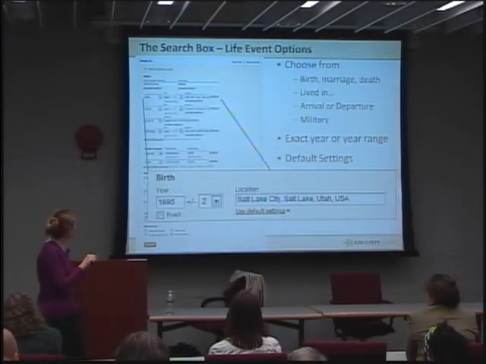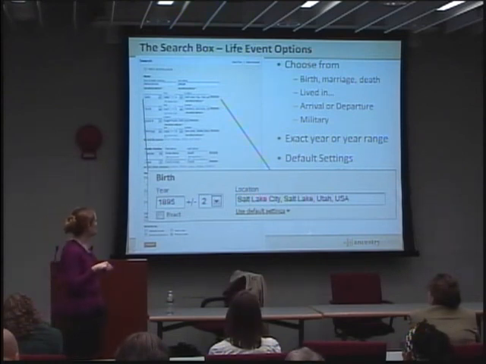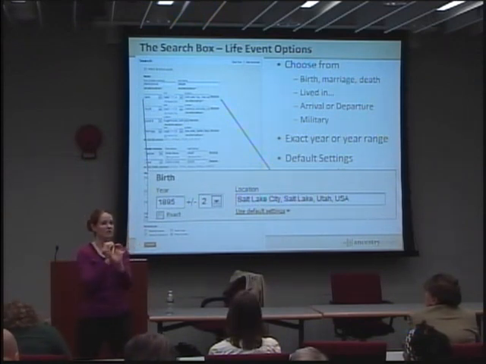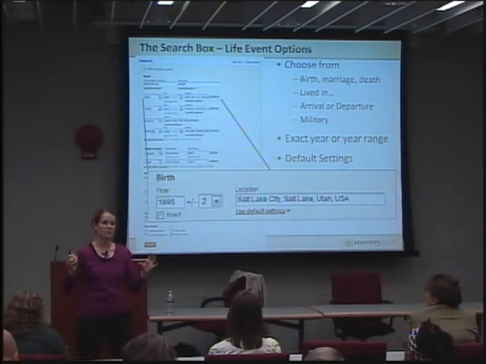Okay, you can add in different life events. You can do birth, marriage, and death, where they lived, arrival and departure dates. There's this add life event link right here. So when you do look for locations and things like that, if you click right on default settings, it's going to say, I'm only looking for this place, or I'm looking for this county and surrounding counties, or I'm looking for this state, or any matches in this state, or any matches in this state and surrounding states. So it lets you really dial in or out on how big geographically you want that search. And that's very important too.